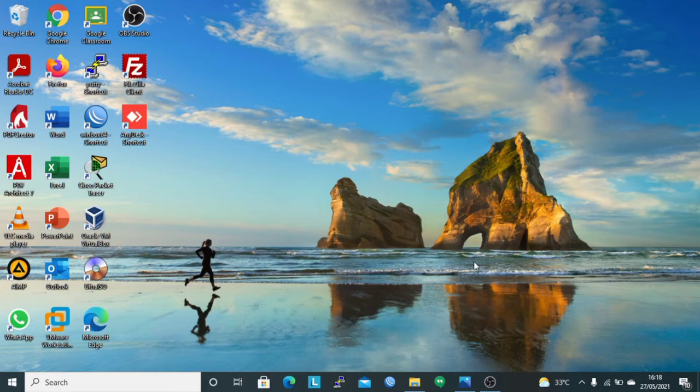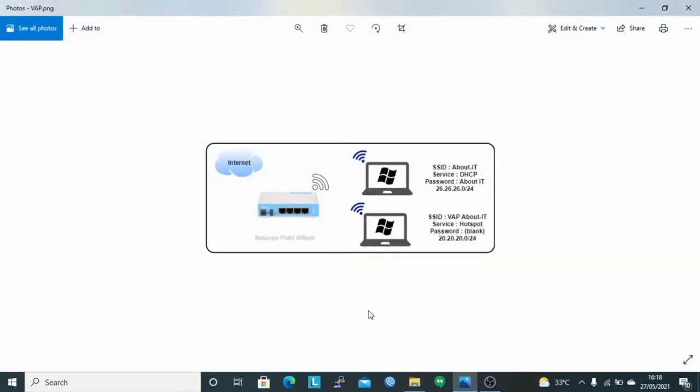Then, the following is the topology used in this material. In the topology above, I will create two SSIDs that use different services and networks. The first SSID uses DHCP, and the SSID is about strip IT, using the password about spasi IT, and the network is 26.26.26.0/24.